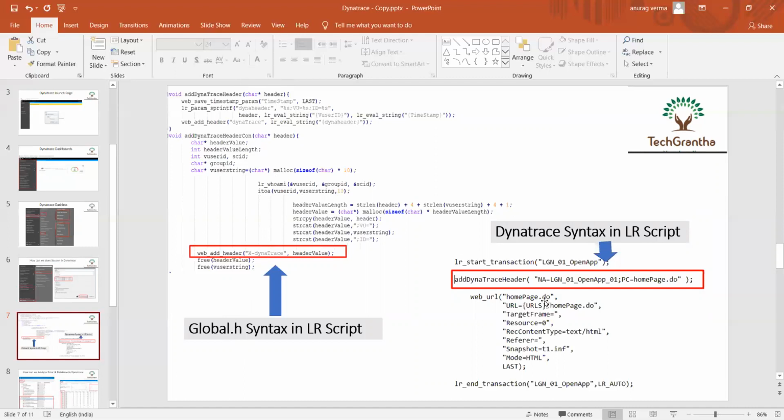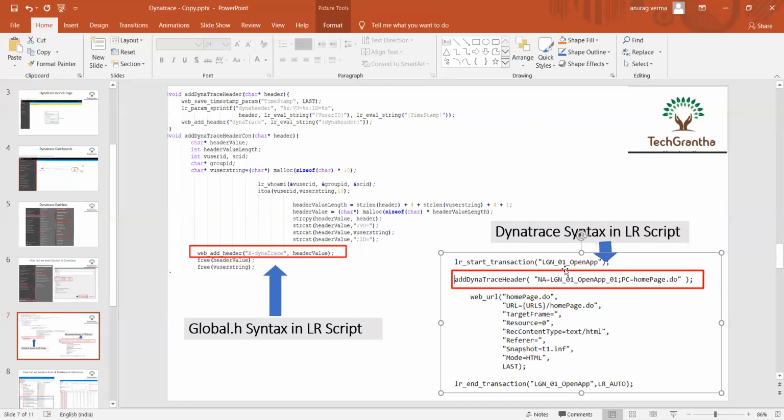Second, inside your action part and init part, suppose I want to capture each request and each transaction. For that, always just below the start of the transaction, mention a particular code. What is the meaning of the code? The add Dynatrace header, then NA is equal to whatever is mentioned there, that is your transaction name.